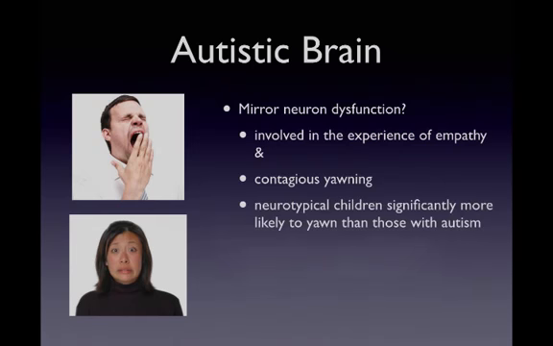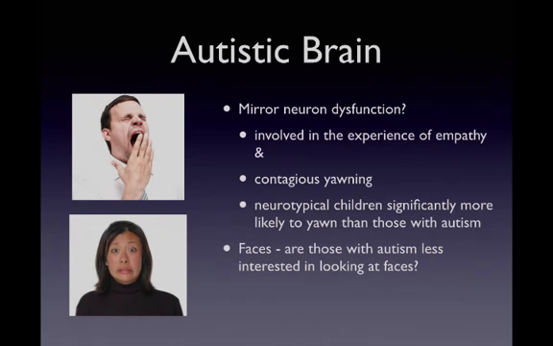Another line of research focused on faces, because research has shown that the fusiform face area is less responsive in those with autism than those who are more neurotypical when looking at pictures of faces. So this led some to speculate that people with autism are less interested in looking at faces and engaging in social interactions. However, a recent study showed that although autism is associated with less activity in the face processing parts